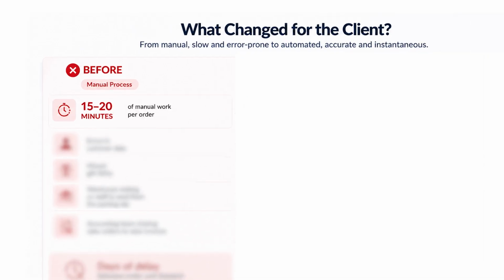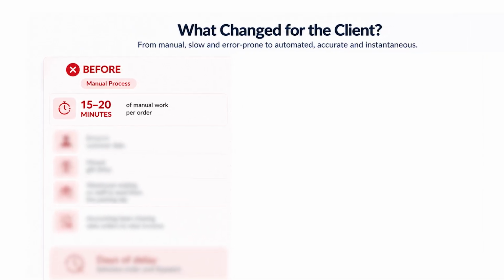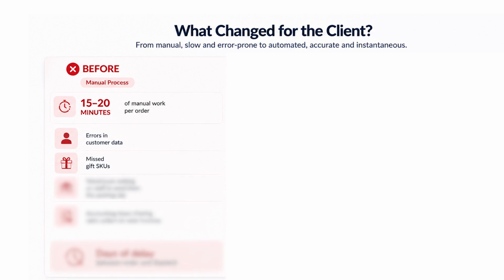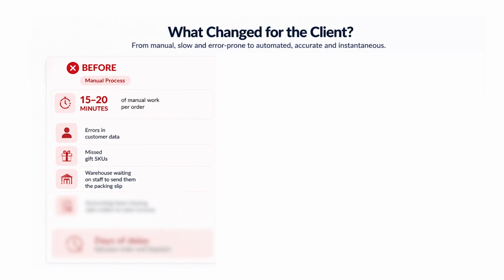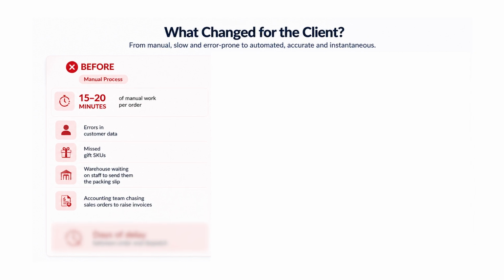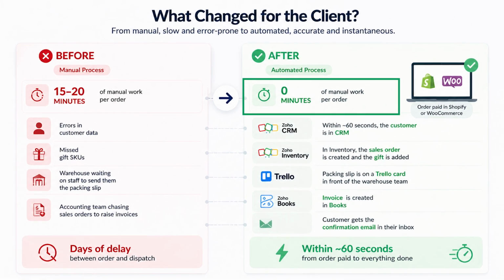So, what changed for the client? Before, 15 to 20 minutes of manual work per order, errors in customer data, missed gift SKUs, warehouse waiting on staff to send them the packaging slip, accounting team chasing the sales orders to raise the invoice, days of delays between order and dispatch. After, 0 minutes of manual work per order. The moment an order is paid in Shopify